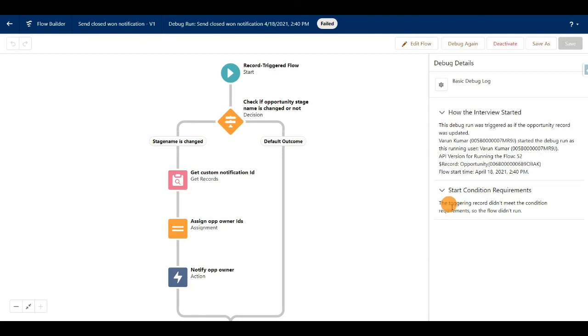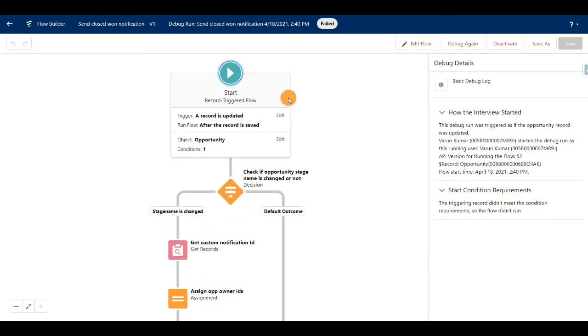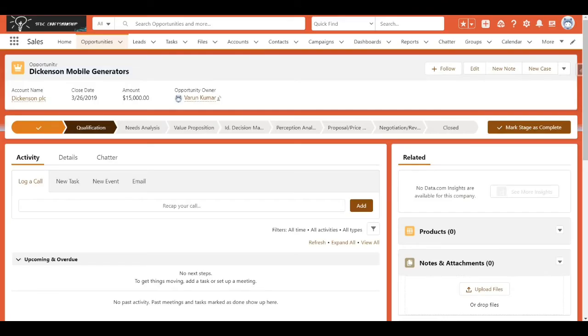There is one error message saying that the triggered record did not meet the condition requirements. The reason is that the flow will only filter the records where the opportunity stage is closed one. As the stage name is still qualification, it's not satisfied.